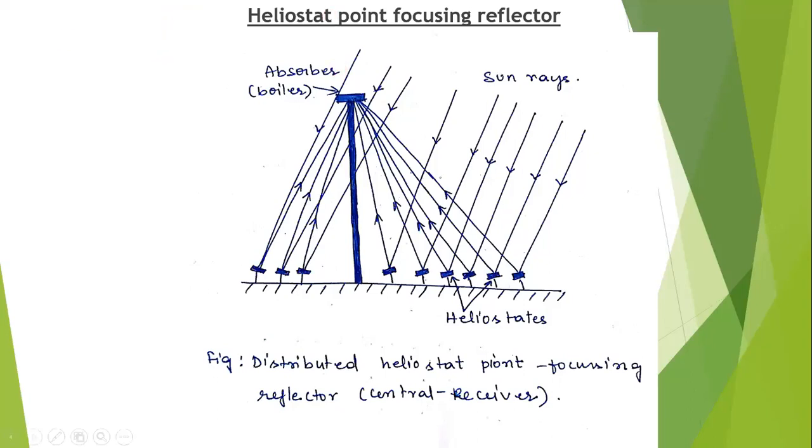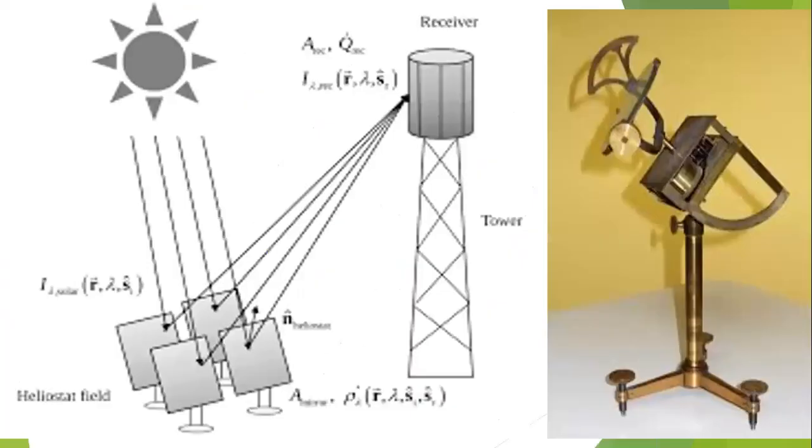You will see the practical heliostats in the next slide. This is the heliostatic mirror, the practical heliostatic mirror. See here, they are arranged in a systematic way so that they are focused onto the receiver tower. This is the tower. Here there will be the receiver. The sun's radiation falls onto the mirrors, and they reflect it to the same point on the receiver. An individual mirror is represented like this.